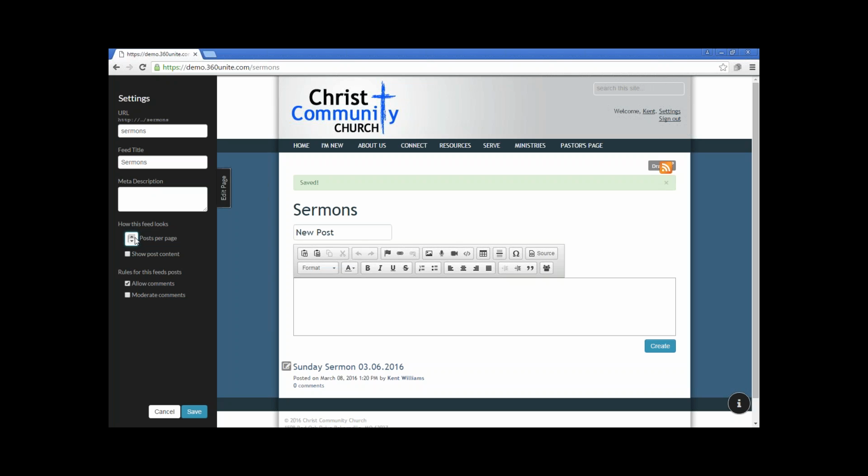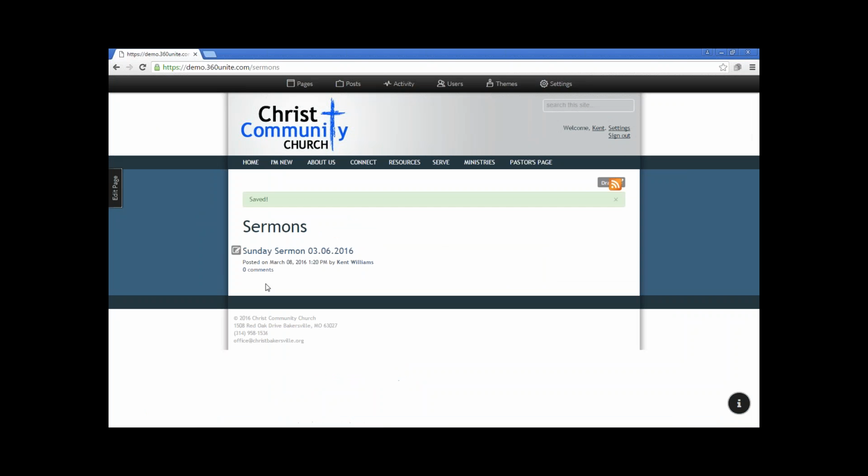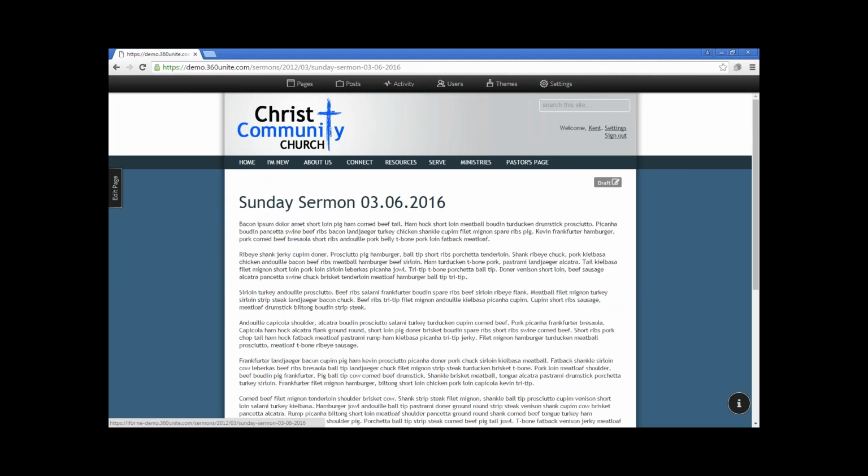And it looks like the number of posts showing option, I'll submit that as a software issue there. But I can say show comments, show content, and I can also say moderate comments as well. So I'm going to click Save. And then I'm going to close my edit page here. And if somebody wanted to, I could drill into the sermon